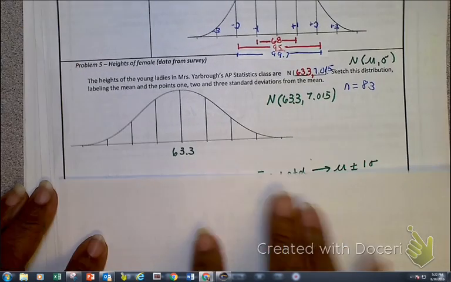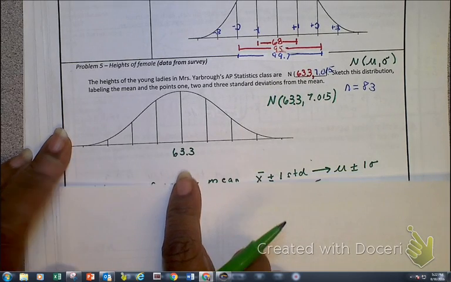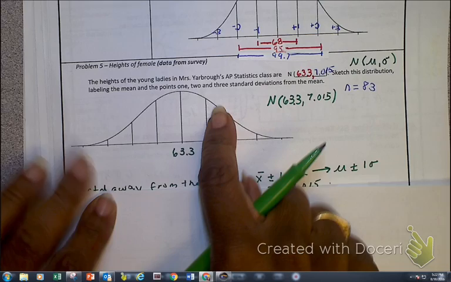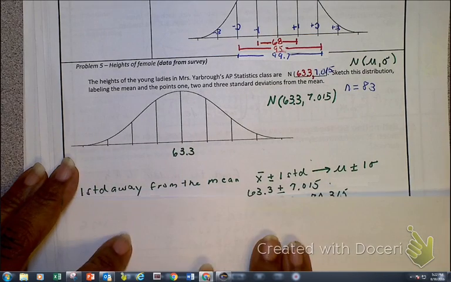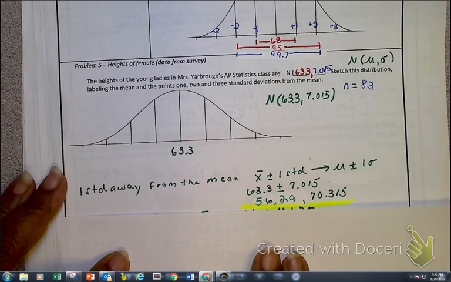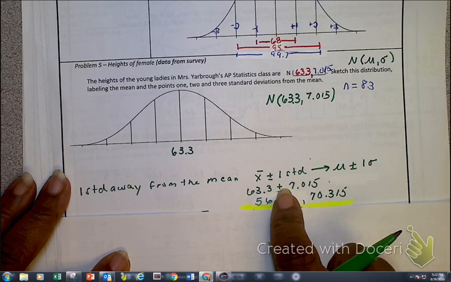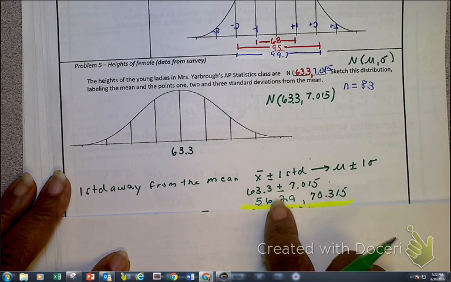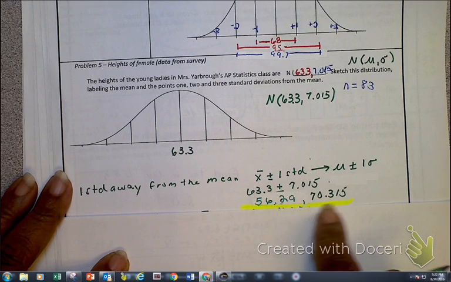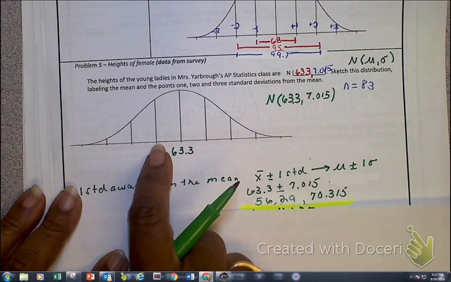So here, you notice that I put the mean right there in the middle. And as I answer this question, we want 1, 2, and 3 standard deviations away from the mean. So I'm going to do the math. Here I've got the mean plus 7.015, the mean minus 7.015. And right here, you got your math, guys. But let's also put it up here